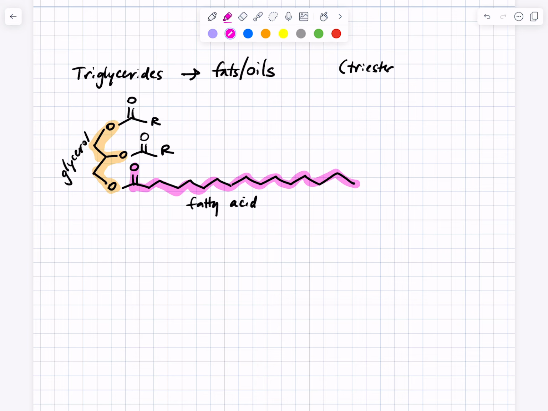So each triglyceride has 3 fatty acids. And they don't all have to be the same thing. They can vary in length, and they can vary in composition. It turns out that the length of the fatty acid determines whether the triglyceride is a liquid, as is the case for these vegetable oils, or a solid, as is the case for animal fats and coconut oil. And we're going to talk about why that is, but first let me just introduce you to the main players